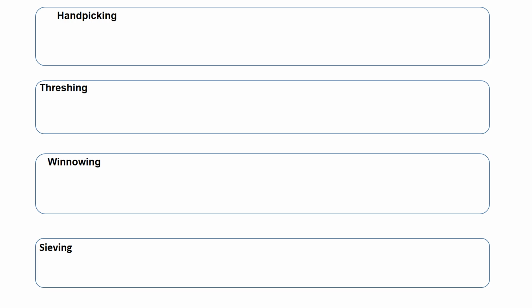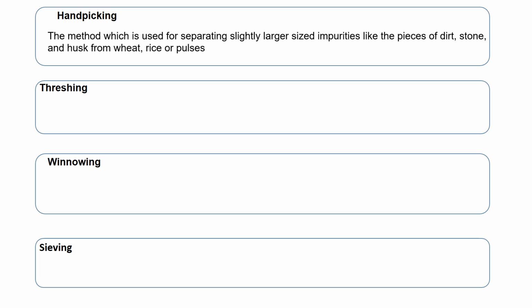Now we are going to recapitulate the four methods of separation that we have described. First comes hand picking. What is hand picking? The method which is used for separating slightly larger sized impurities like pieces of dirt, stones and husks from the wheat, rice or pulses is called hand picking.